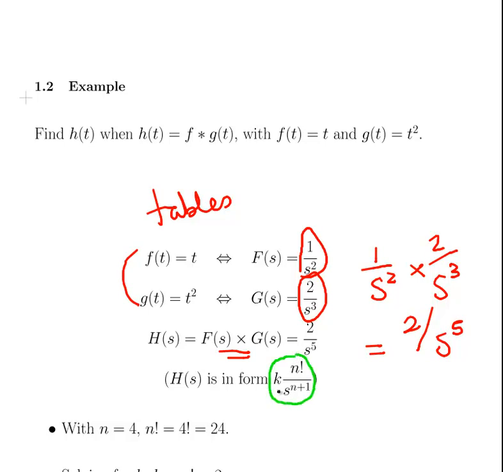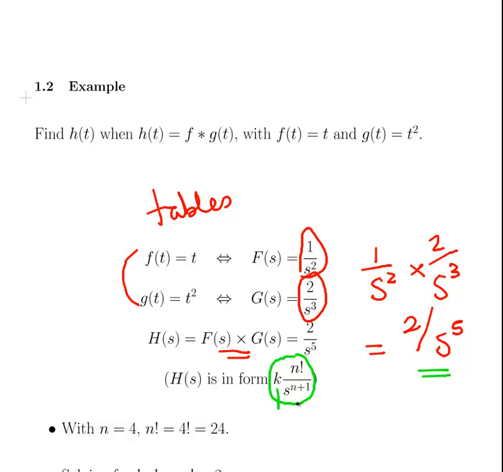What I've done there is added in an extra constant, k, just to emphasize that you could have a scalar multiple of your expression, and you have to find out what k is as well. So first off, we're going to write this as 2 over s to the power of 5,